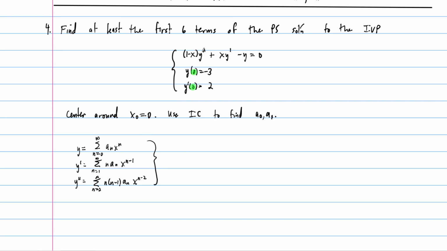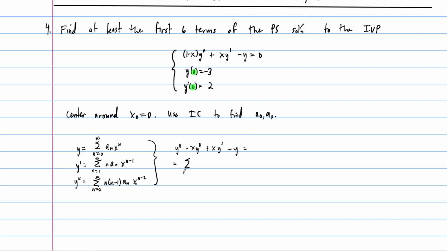So I'm going to actually distribute this term out, the 1 minus x, so that this is going to be, I'll rewrite the whole thing here: y double prime minus x times y double prime plus xy prime minus y, and then I'll write out the